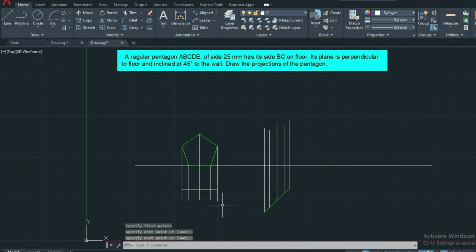Then assume these are B, C, D, E. Similarly, in the front view these are A dash, B dash, C dash, D dash, E dash. So here A, B, C, sorry, this is C, D and E.